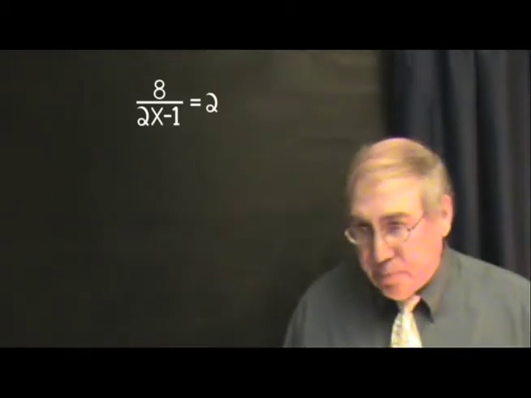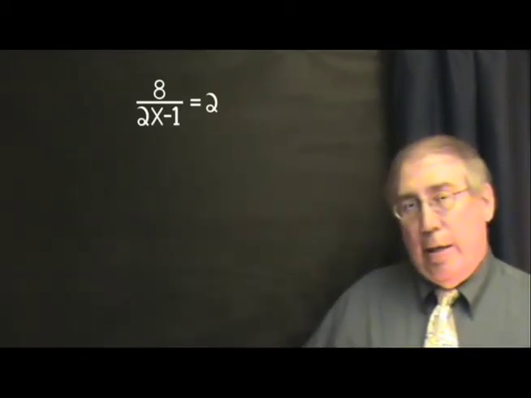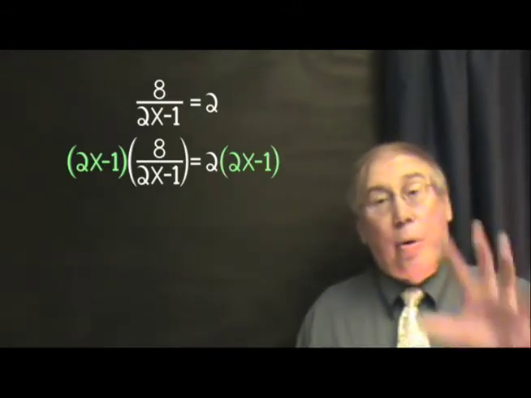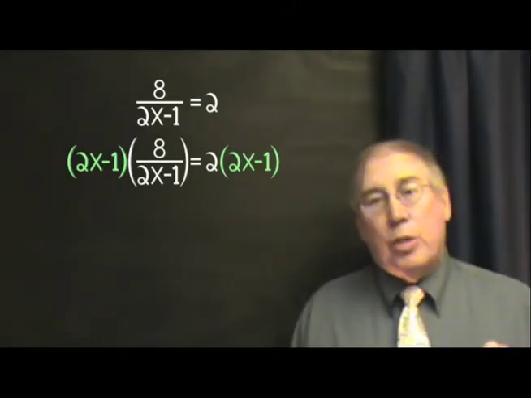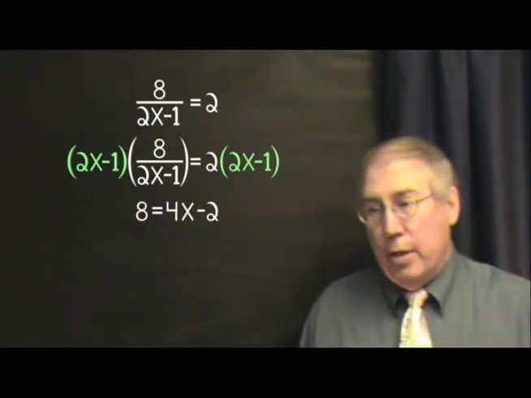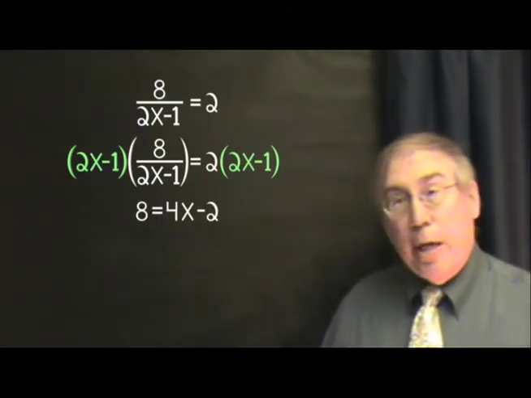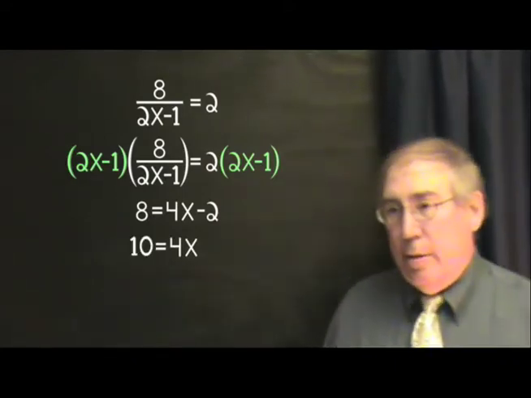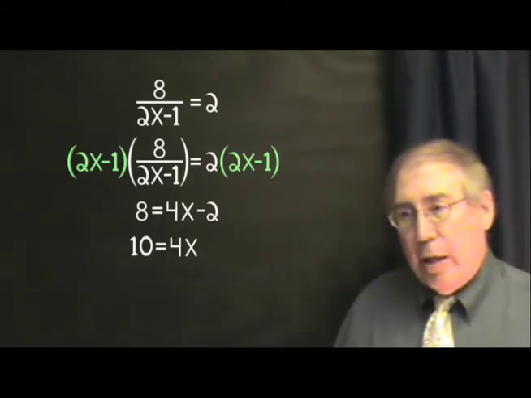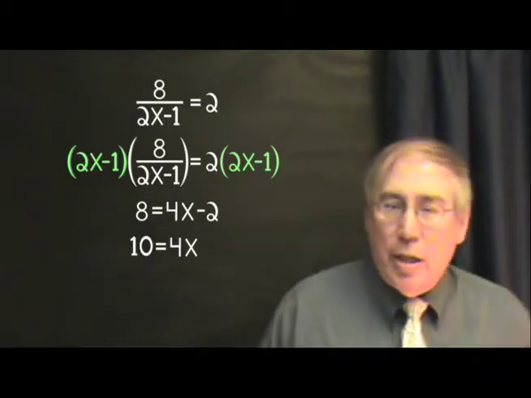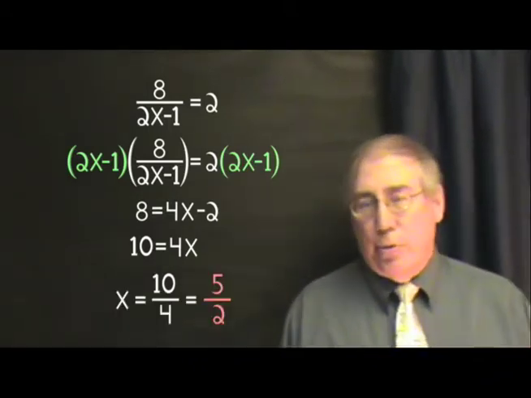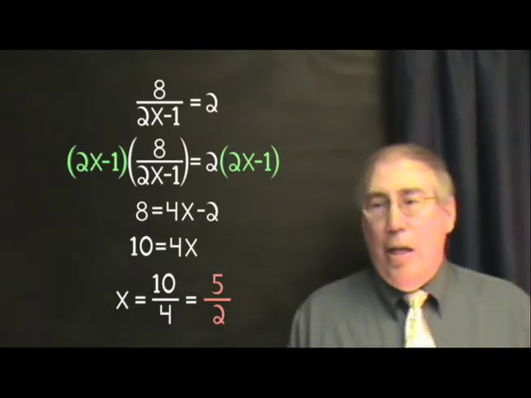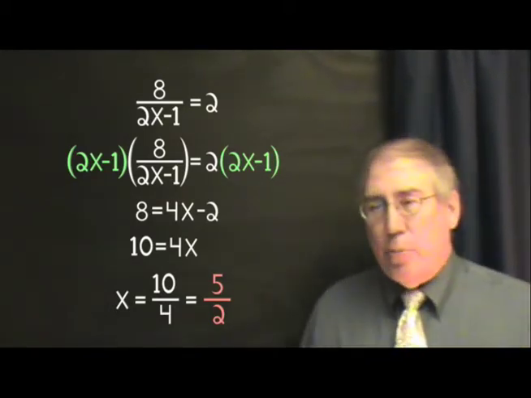The way we can do that is to multiply both sides by 2x minus 1. On the left hand side, the 2x minus 1's will cancel out, and on the right hand side you get 2 times the quantity 2x minus 1. And work that down, and we'll eventually end up with x equals 5/2. The next problem